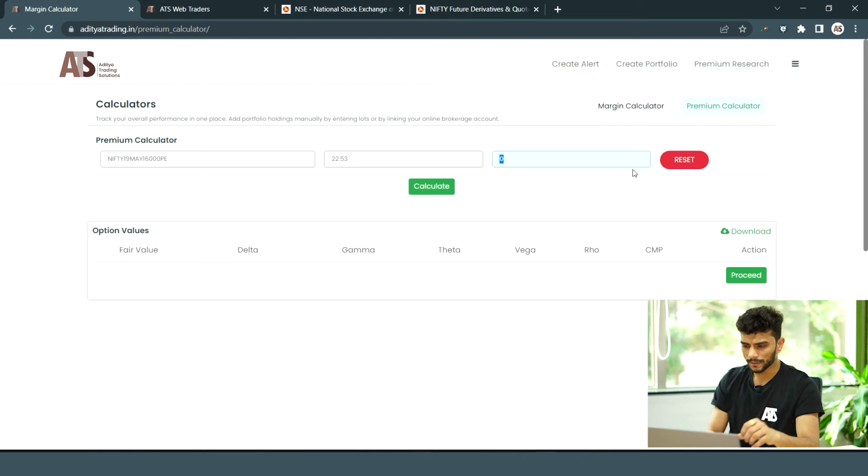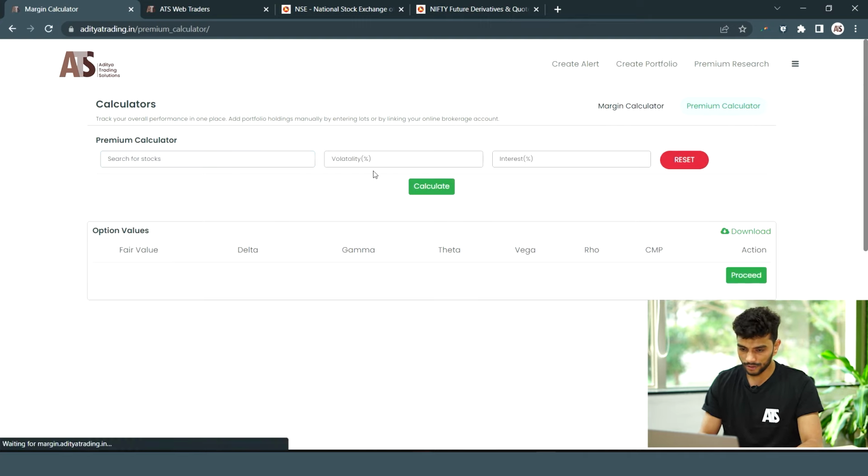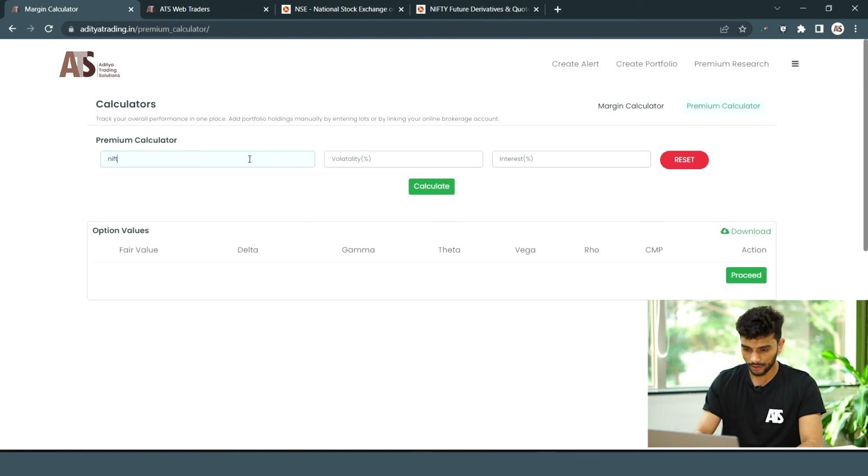around 4%. So we're gonna take it as 4%, and I'm gonna hit calculate. So here you can see the calculator has calculated fair value, delta, gamma, theta, vega, rho of both call option and put option also. You can change the interest rate here and recalculate it, or if you want, you can change the entire option. Click on the reset button, and now Nifty